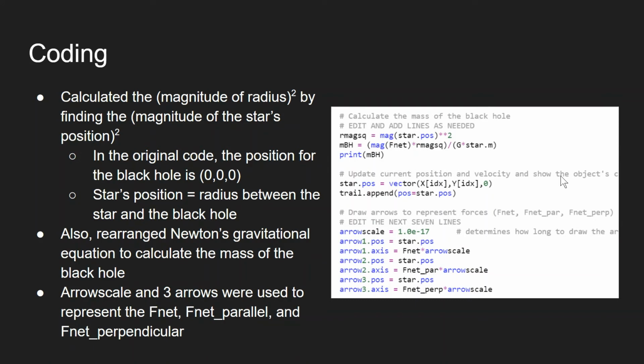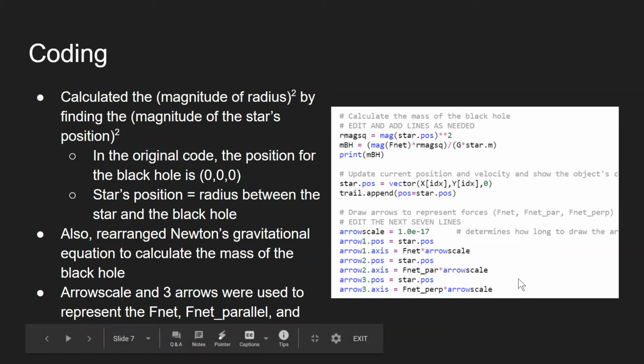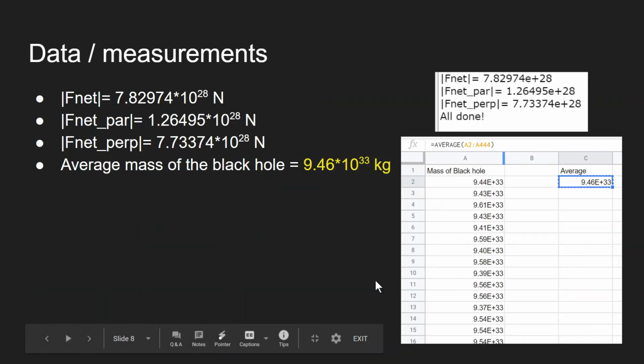The arrow scale and 3 arrows were used to represent the F net, F net parallel, and F net perpendicular, as you can see right over here. F net that I got from this experiment was 7.82974 times 10 to the 28 newtons. F net parallel was